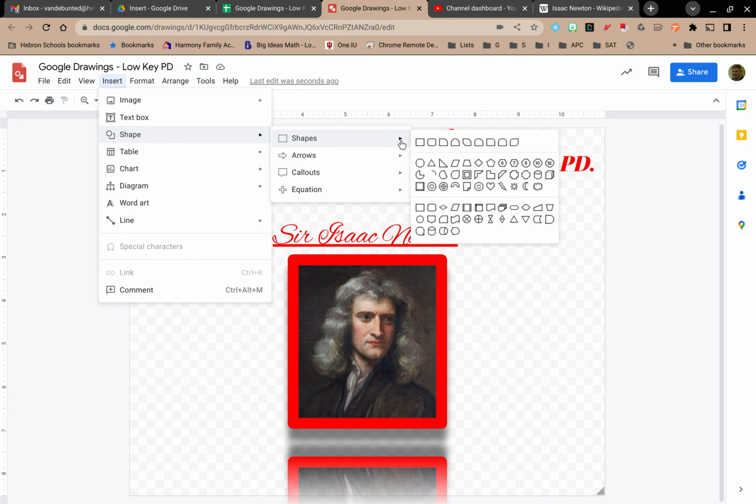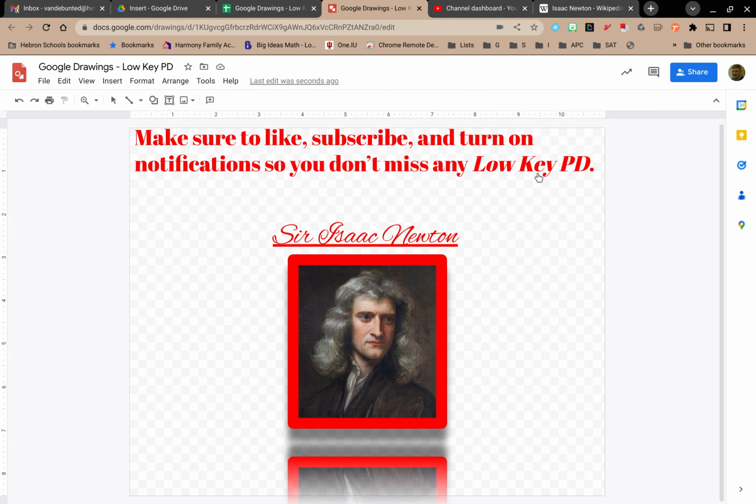I'm just going to pick one. Let's say we go with a cylinder. Now notice that nothing appears. I have to click on my drawing and basically demonstrate how big do I want this cylinder. So here's my cylinder, and now that I have a cylinder, there's actually quite a bit I can do with